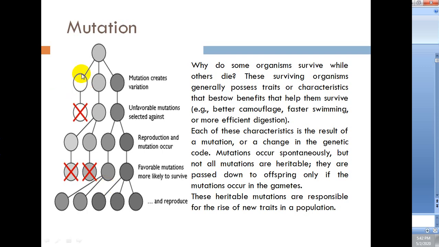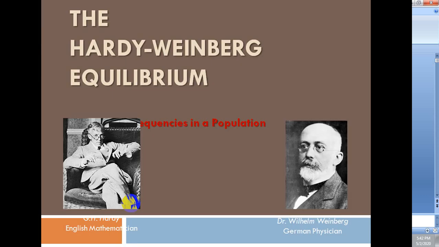So, this was the normal population, and due to mutation these variations occur, and some variations are unfavorable mutations, so they are eliminated from the population like this, and ultimately we get a new group of individuals in the population, and those can better live in the changing environmental condition.